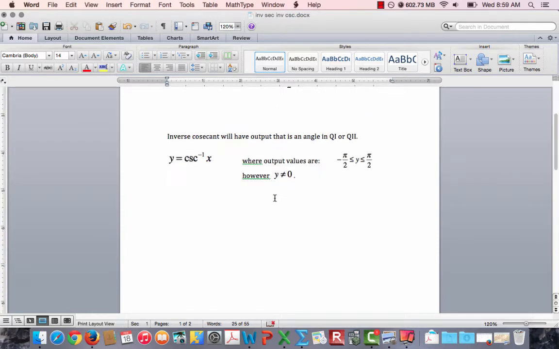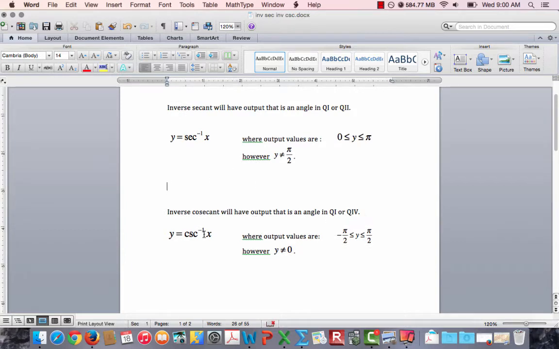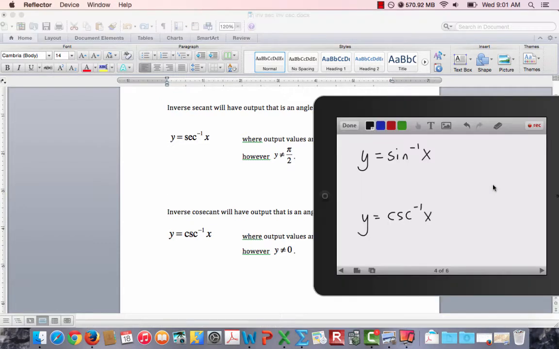Similarly, when we talk about the inverse cosecant function, we have a range restriction from negative pi over 2 to pi over 2. That is in the first or the fourth quadrant. So that range restriction is also going to match the inverse sine function. So let's recall here that the inverse sine function is going to have output values in the first or the fourth quadrant, and similarly, thankfully, the inverse cosecant is going to have output values that are in the first or the fourth. Again, we're going to have an exception here at theta is equal to 0 degrees or 0 radians,